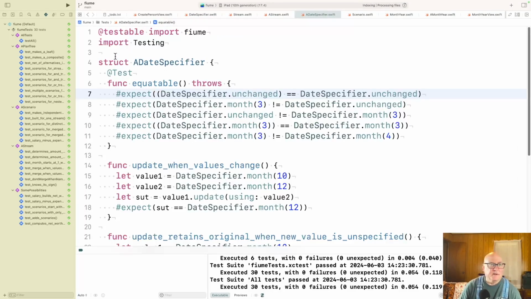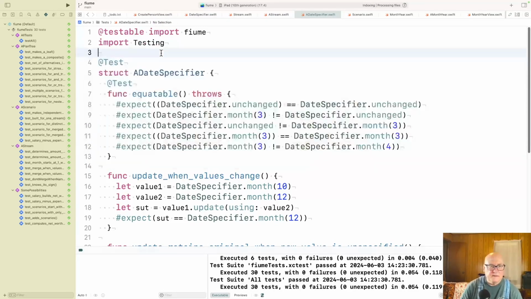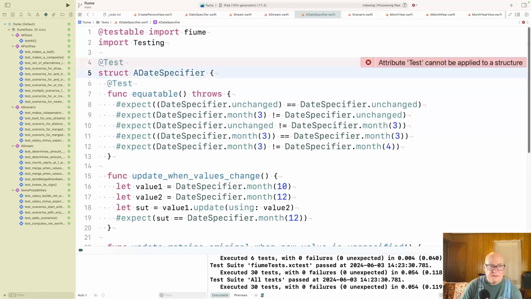A date spec. That'd be kind of handy, wouldn't it? Well, I'll make a new one.